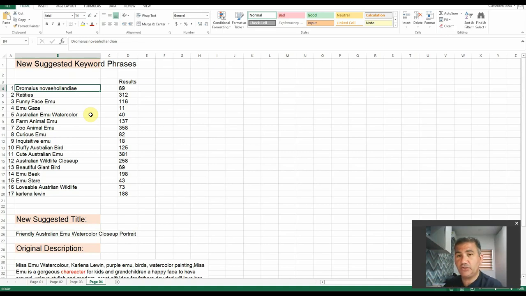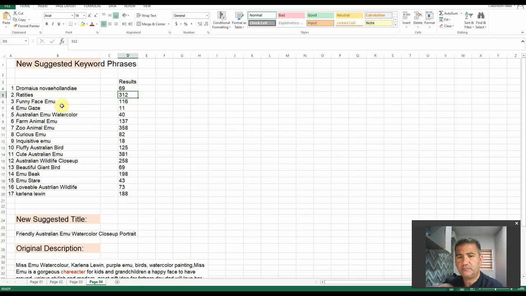If people are searching for a design on their mobile, the chances of them finding your design as they're scrolling is going to be a lot better than with a keyword that comes back with over 1 million results. Are you seeing where I'm going with this? Okay. The second word was obviously this word, ratatouilles. 312 results. Again, anything under 1,000 is fair game and is something that you should capitalize on and get your design